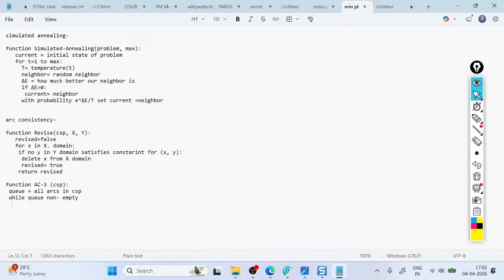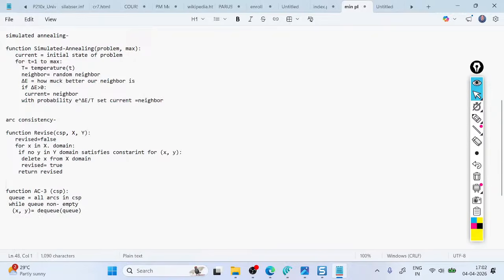Dequeue means we are going to remove some things because we have a lot of arcs, and then later if we are wrong we may need to add some things, right? So right now we are going to remove a value from the domain x comma y. We're going to assign that dequeue from our queue. Okay, and then we are going to do that arc one again. If revise CSP, we are going to copy that,